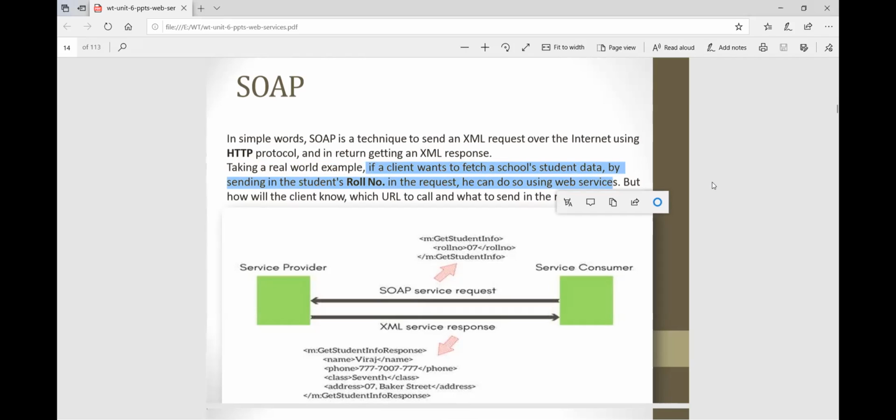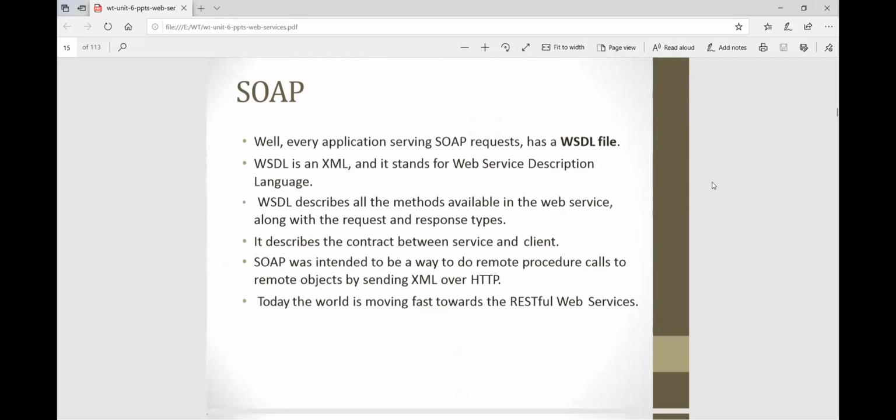But we can say SOAP is nothing but a service request. So SOAP, every application serving SOAP requests has a WSDL file. WSDL is XML, and it stands for Web Service Description Language.